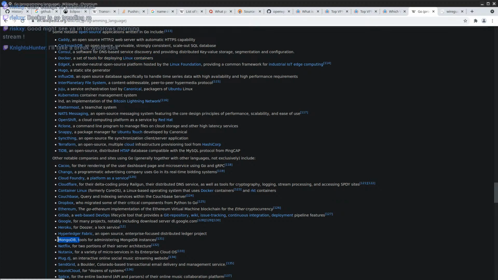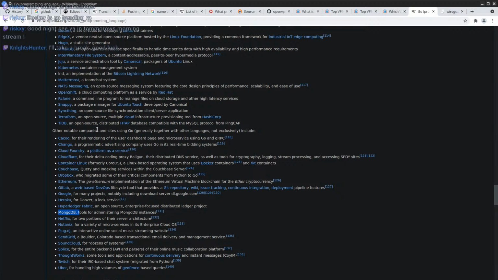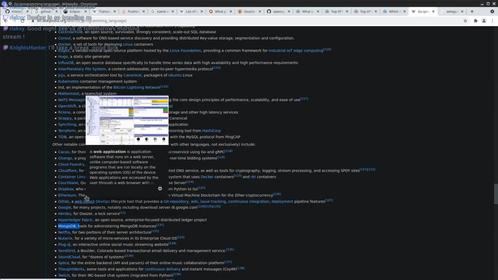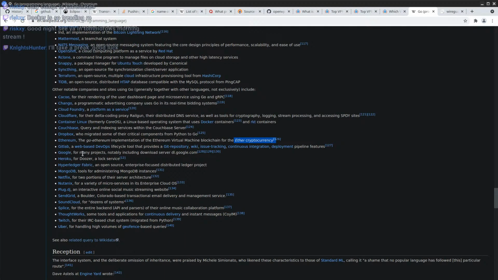MongoDB is another interesting, widely used application. Nginx, yeah, I guess it's used in quite a lot of places. Ethereum. Implementation of the Ethereum virtual machine. Ethereum is a virtual machine? Oh, virtual machine for blockchain. So for the Ethereum cryptocurrency, Ethereum is written in Go. Cloudflare. Yeah, these are... Google.